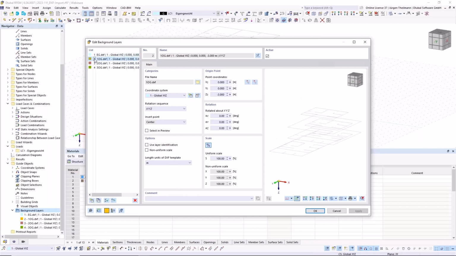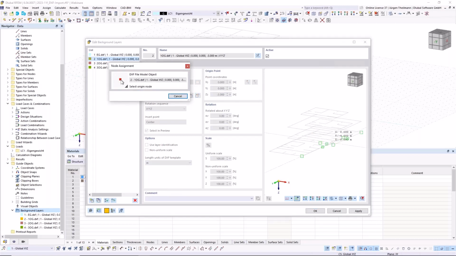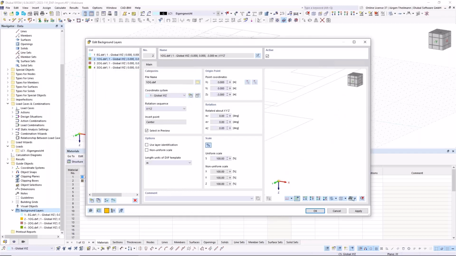Go to my second one, select in preview. You can see I have already assigned my origin point for the model. So it's 3 meters above. So I only have to choose my insert point within my background layer. Go to the reference point, hit apply.